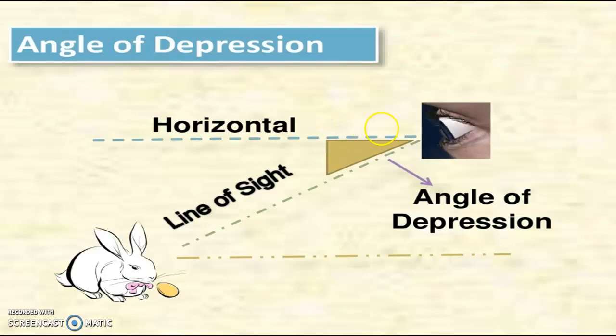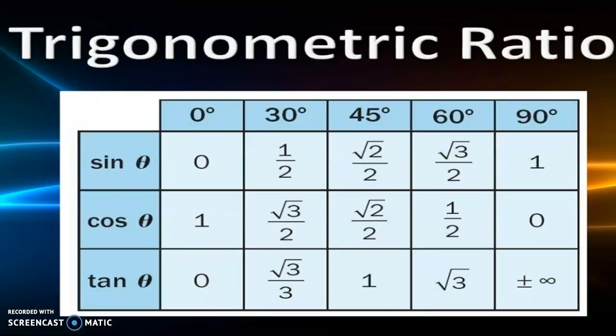And the next thing is that if you see the angle of depression, this one is equal to this. Why? Yes, these two are alternate interior angles, so both of them are equal. I hope all of you are clear about the angle of depression. This is the trigonometric ratio table that we already did. These are the different angles that we will use in this chapter, and the sine, cos and tan values are here. So we will use these values in this chapter.